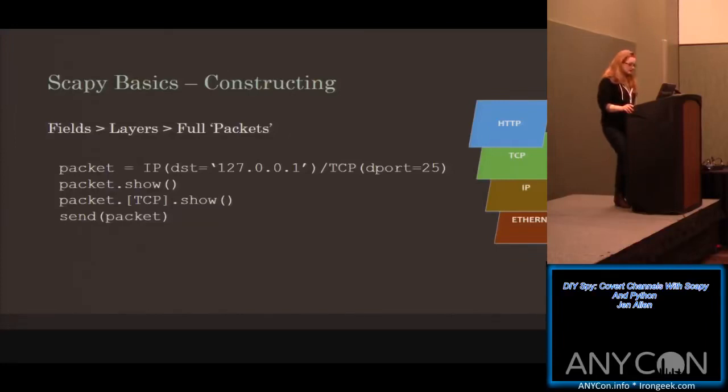So you'll see I've got just a snippet of code here. I'm building a packet, and I'm identifying at the base layer the IP layer. All I'm telling it is a destination IP address of the loopback. And that's all I have to do. Scapy will intelligently populate defaults into the packet that we're constructing in each layer if it's not identified. The next layer up, and you can see the syntax is really straightforward, is TCP, Transmission Control Protocol. We've got a destination port of 25, and I'm not specifying anything there. So it's going to use its defaults for the TCP layer as well. And Scapy is really intelligent about constructing packets layer by layer based on the protocol that you're specifying.